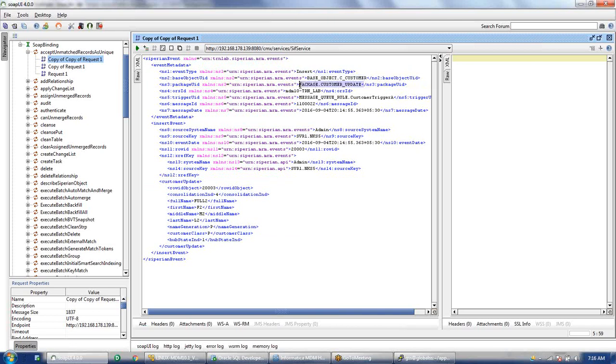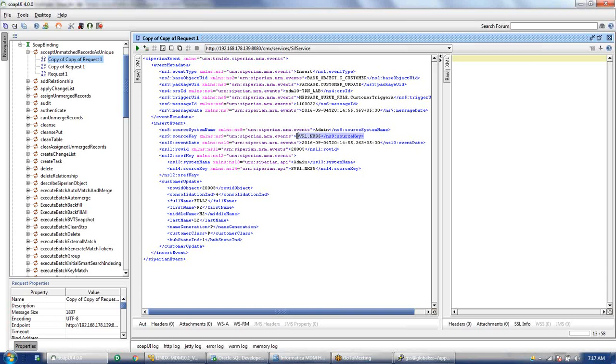Similarly, the package which was used for this, the ORS name, that's the next thing, the database ID or the ORS name, and what the trigger name is. All these things are published, and it will also tell you the system name. This is the source system. The system name is admin, and the primary key, source key, PK source object, is this one. All these details it will pull and send to the downstream system. The downstream system will have to read this XML file, understand what is happening here, and then insert the record in their system accordingly.